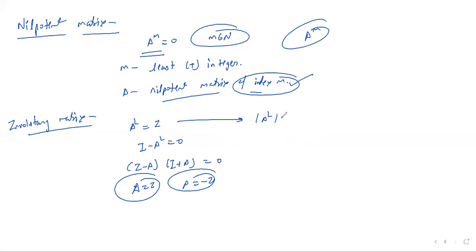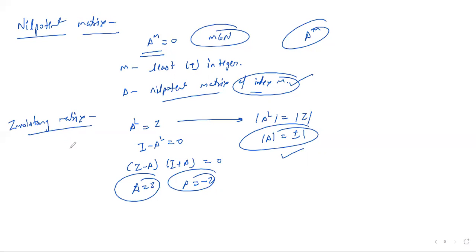the determinant of A square is equal to the determinant of identity, then we can see that the determinant of A is equal to plus minus 1. So for an involutory matrix, the determinant of A is plus minus 1. So it is invertible. From this we can see that it is invertible. Okay,